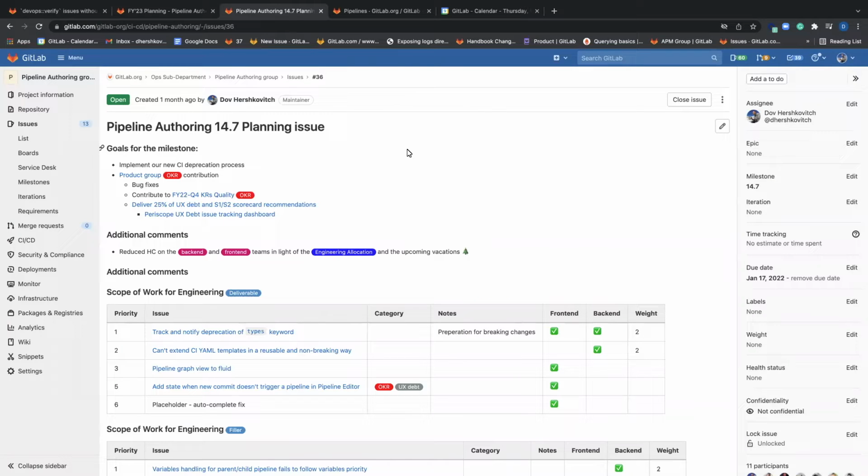So this coming milestone is going to be pretty light, mainly because of the engineering allocation and the upcoming vacation. And I want to emphasize one issue out of all the issues, which is the track and notify deprecation of the types keyword. This is actually our way of starting to implement a CI deprecation